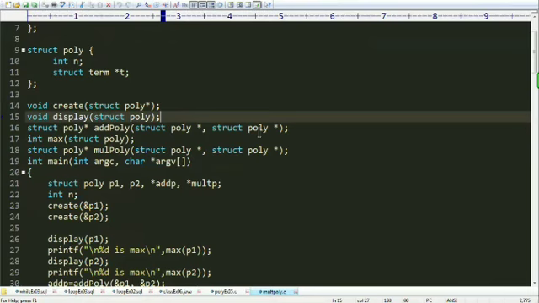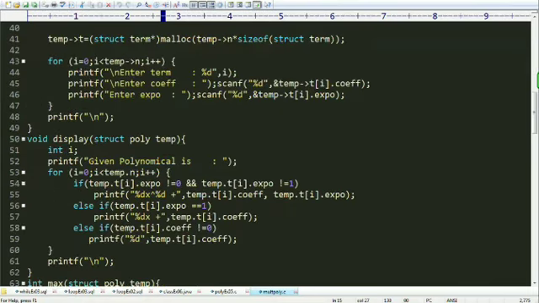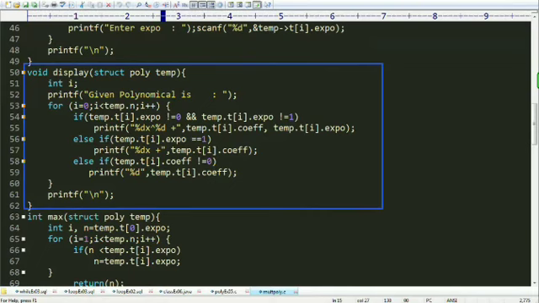Now see, this is the original display function. It looks like a normal function which has a parameter of type structure poly, named temp, which represents the actual polynomial already entered by the user. Then i indicates the number of terms present in a polynomial. So I'm displaying a message: given polynomial is. I'm repeating the for loop up to n, the number of terms present in that polynomial.